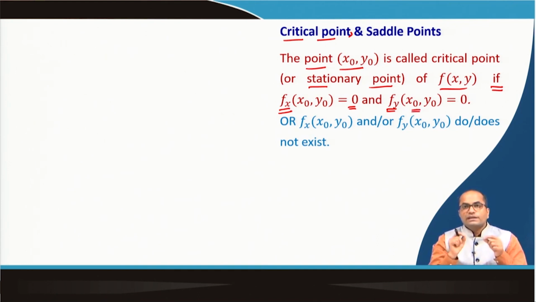So, these two partial derivatives at that point must be 0, then we call such a point as critical point. Or sometimes when these partial derivatives do not exist, in that case also we call them as critical point,